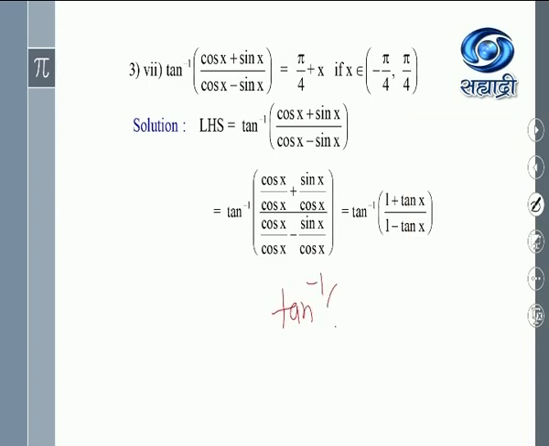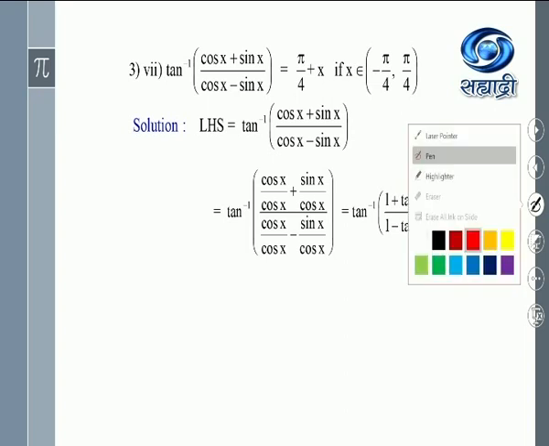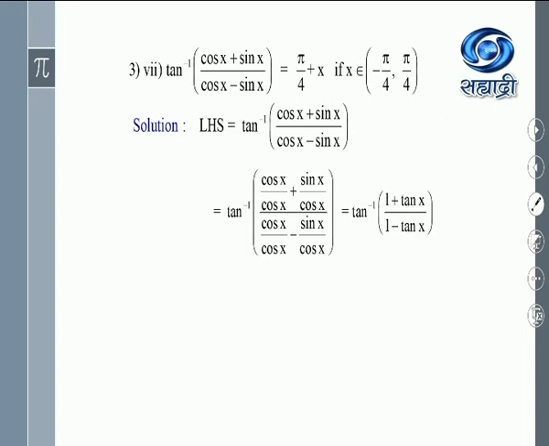This property we have already done, which is tan inverse of tan x, variable may be theta, x, anything, is always x. This property we are using. Therefore, our aim is what? We operate on this term in such a way that you will get the bracket as tan of something. Clear?